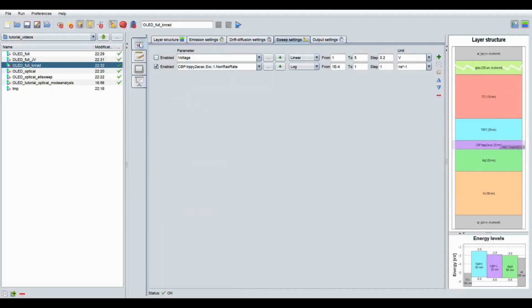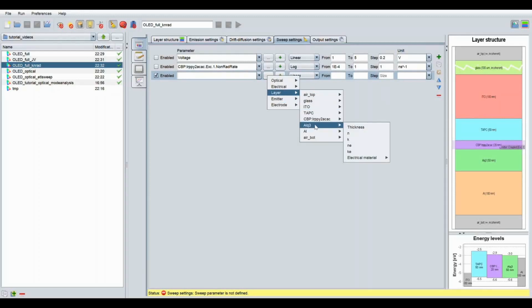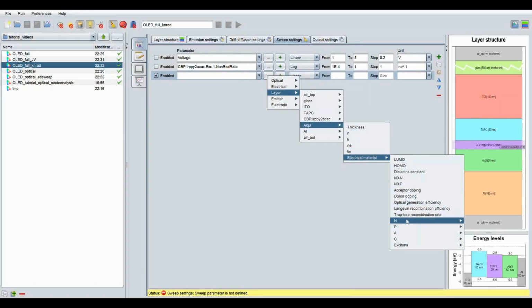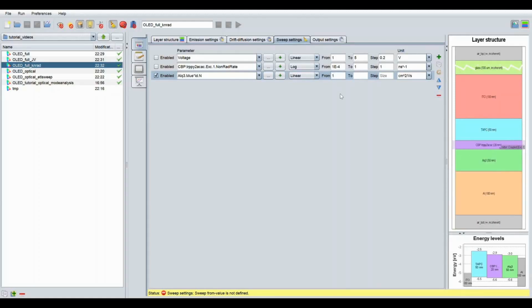We can also sweep electrical properties, so not excitonic but electronic quantities. So for instance, sweeping over the mobility of the electrons in the ETL. Here I choose the ETL layer, and then in the electrical materials, the mobility from a very low mobility to a rather high mobility.